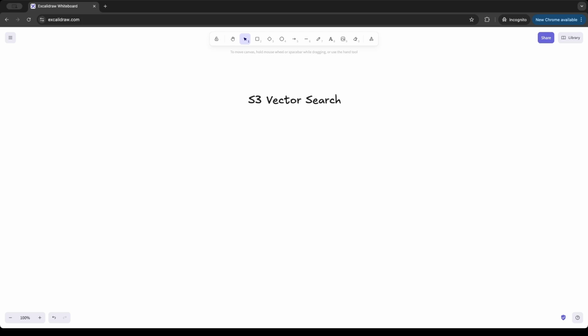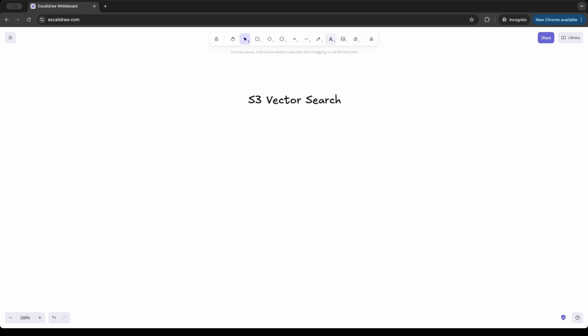S3 Vector Search is a new service from AWS. It allows you to add vector search and semantic search to an app that's already on top of AWS without leaving the AWS ecosystem. It's incredibly cheap because it's all billed based upon usage rather than flat fee. It's also very easy to set up. Probably a lot of companies that rely on vector search as their selling point are going to have a hard